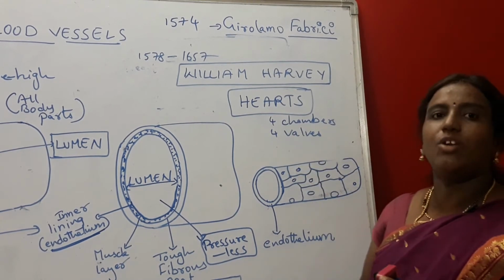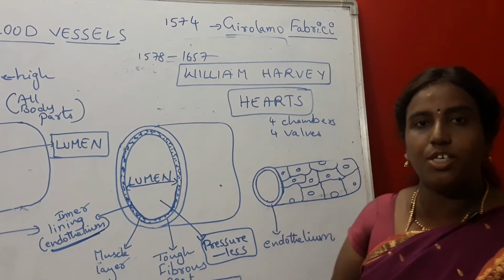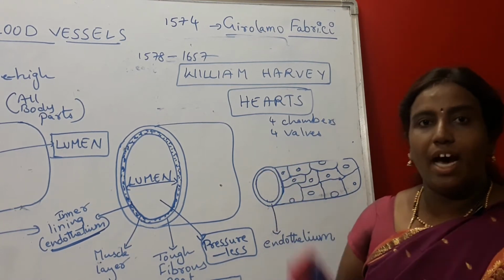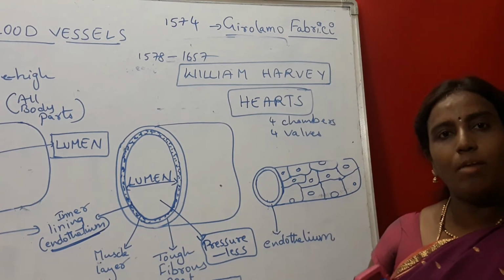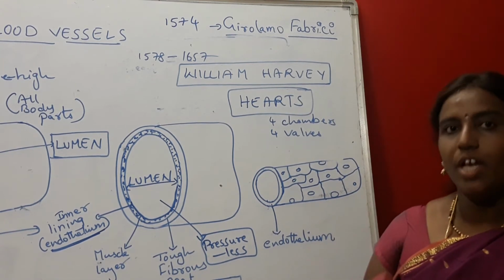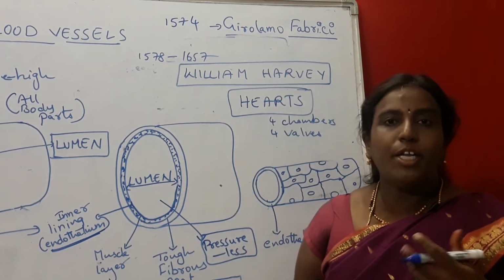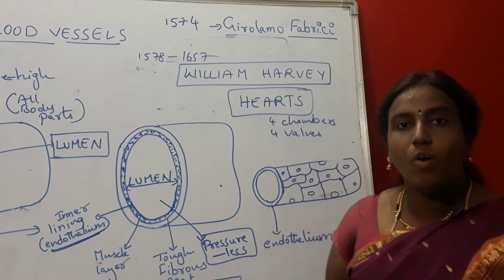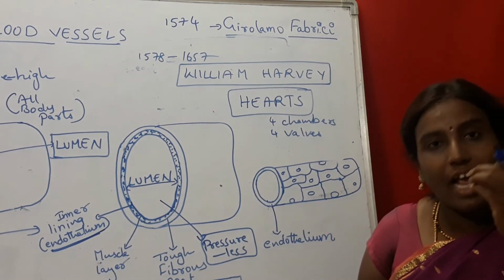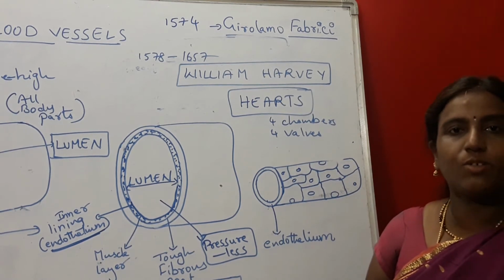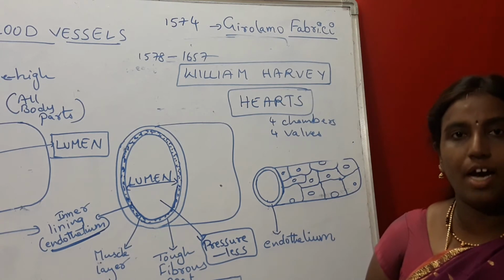He is the person who explained that from the heart ventricles blood enters into arteries, and arteries are responsible for carrying the blood to all parts of our body. So what was his assumption? Blood is only coming out of the heart, but he could not find out how the blood comes back to the heart. He even calculated how much blood goes out with every heartbeat, for every cardiac cycle.